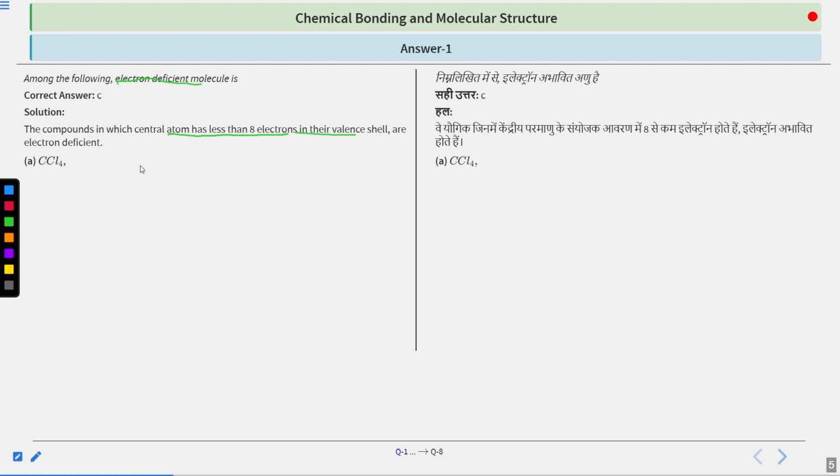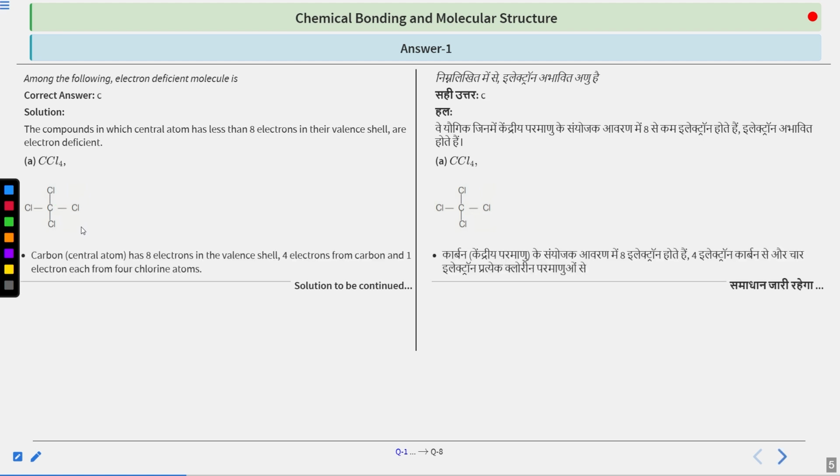So first of all, let us consider CCl4. This is the Lewis dot structure for CCl4. You can see very clearly that C is the central atom and Cl are the surrounding atoms. Now what is the number of electrons on carbon? It is 8. How is it 8? We know that carbon has 4 valence electrons in the ground or neutral state. Therefore, upon formation of bonds, it will form 4 bonds with chlorine,